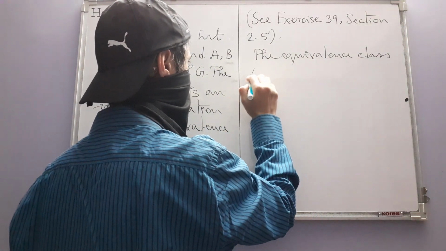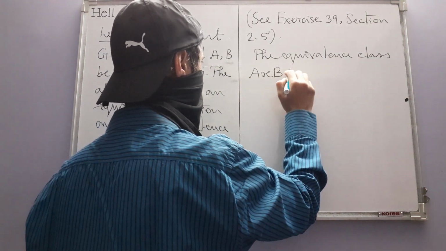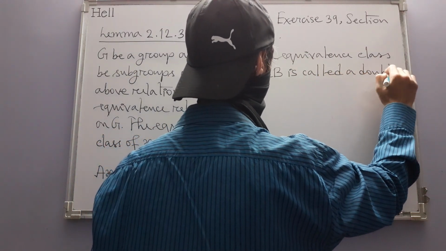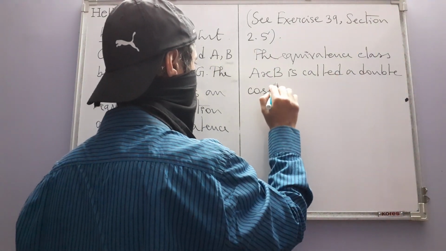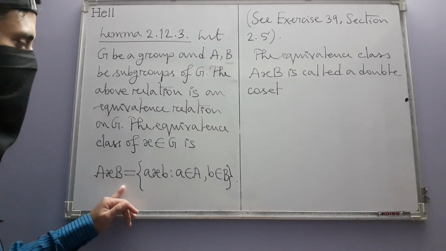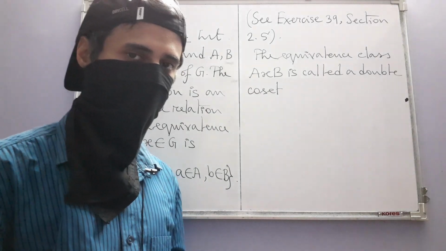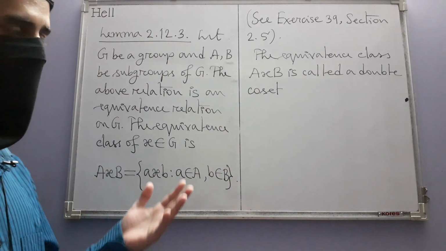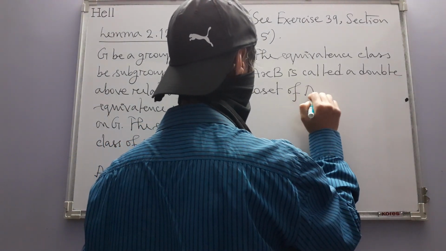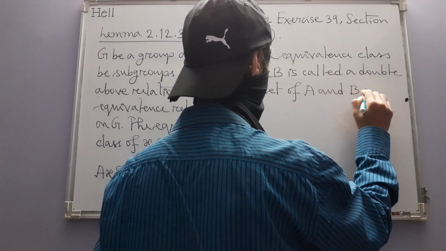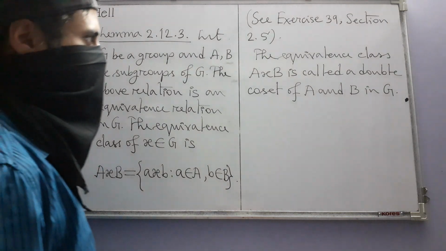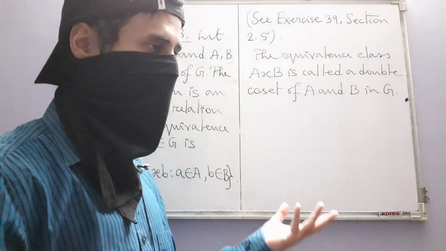The equivalence class is called a double coset, because two subgroups are involved. Like in a coset, a single subgroup is involved. Here two subgroups are involved, so they are called double cosets. A double coset of A and B in G. And these double cosets will help us in getting